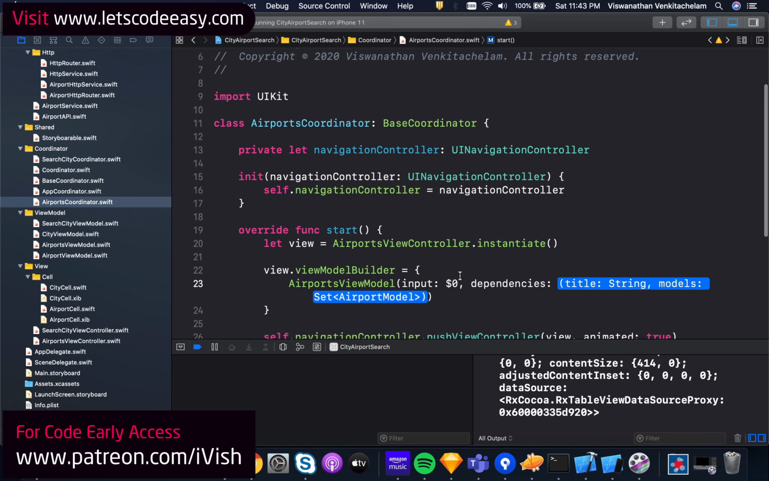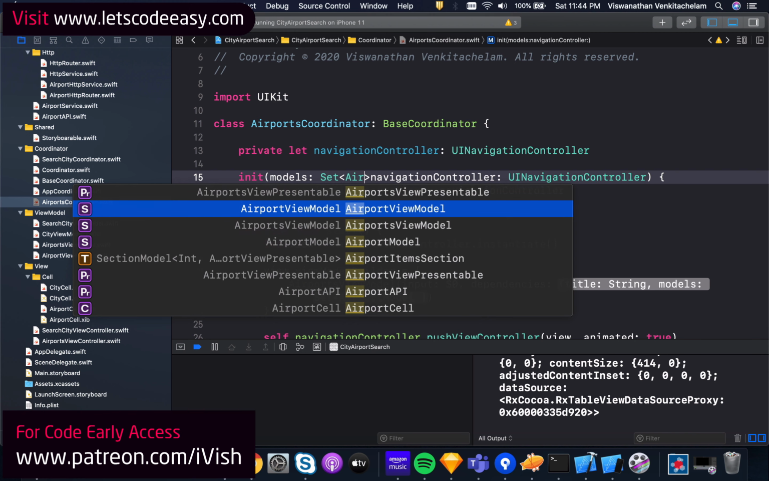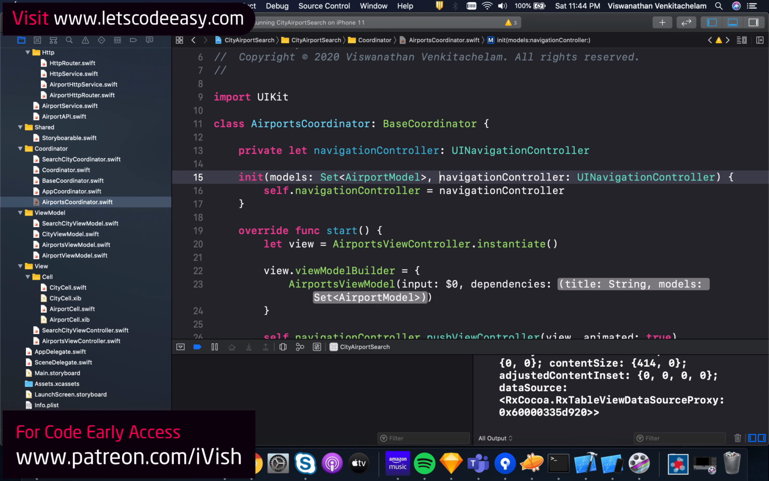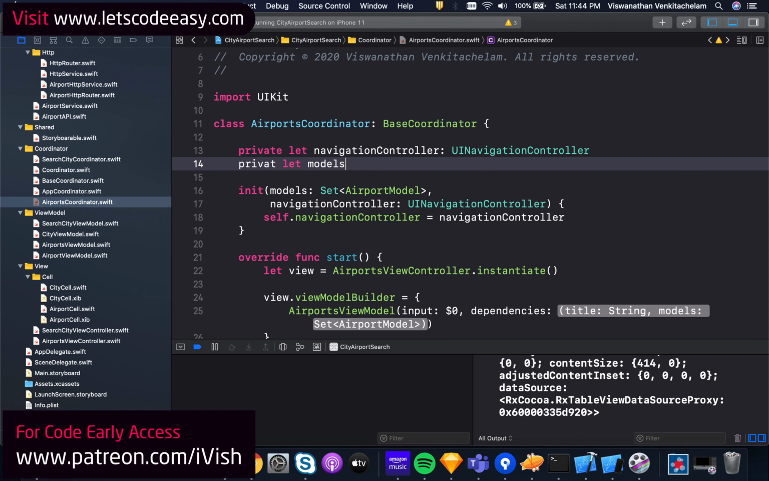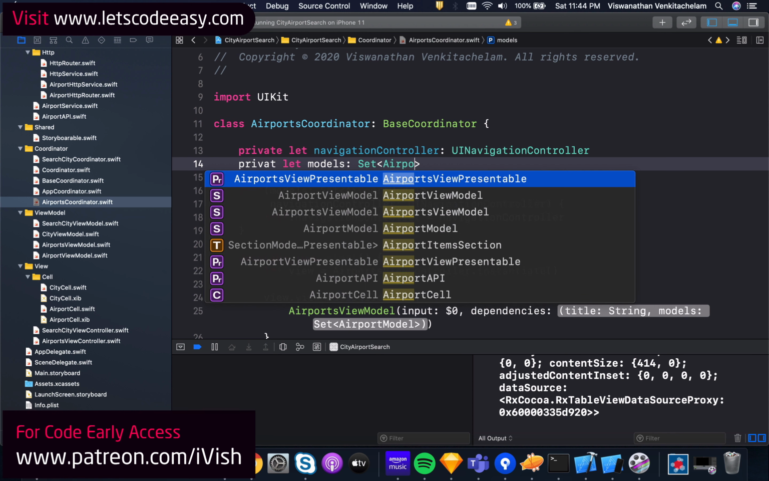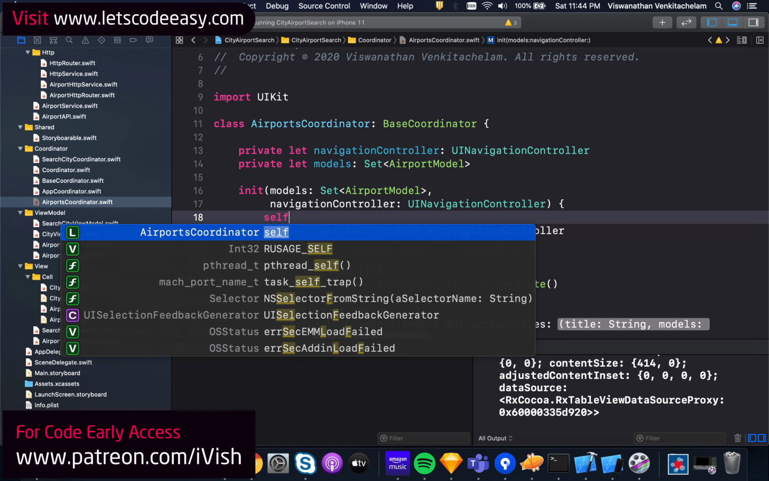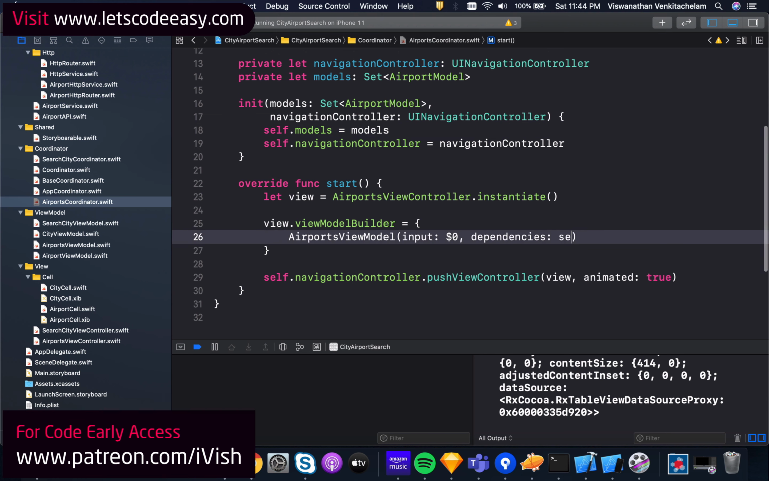So those things, did we pass anywhere? We have not yet passed them, because we need to pass the title here, or we need to pass the models here. So let's do that. Models, set of AirportModel, AirportModel, and the navigation. So now maybe I can create a private variable for that. Let models set of AirportModel, then accept that here. self.models equal to models, and then I can use it here. self.models